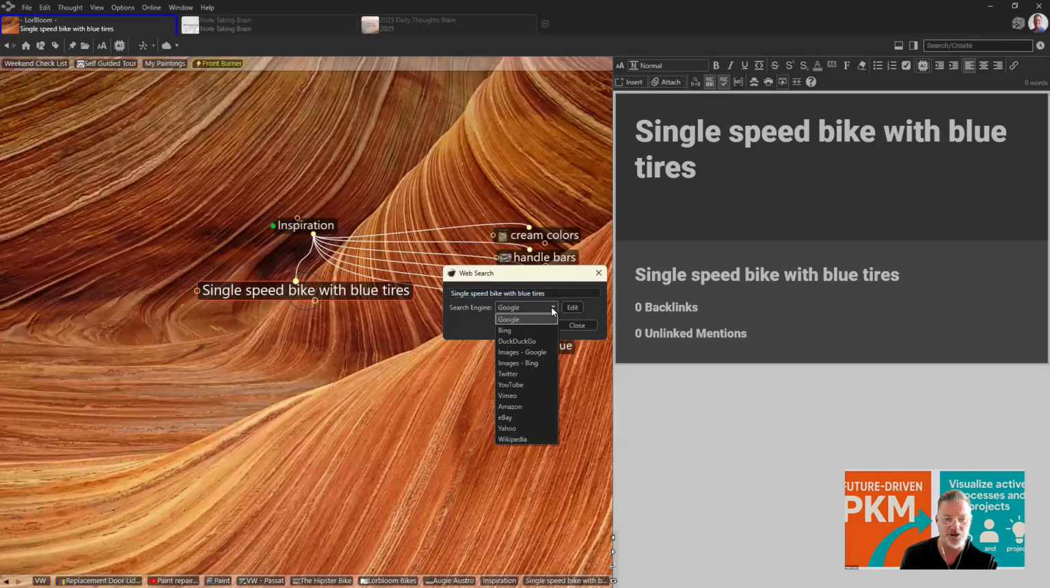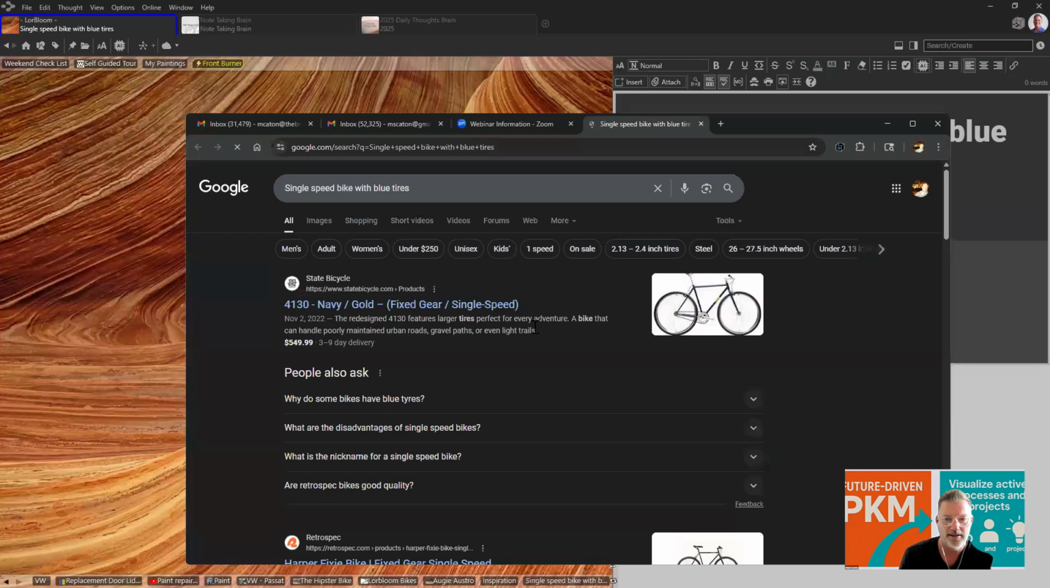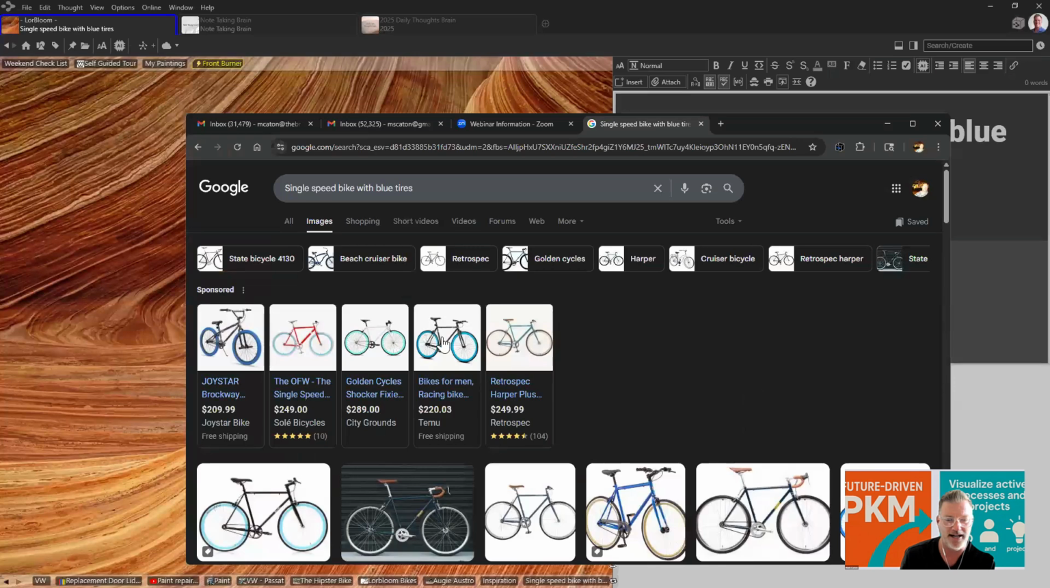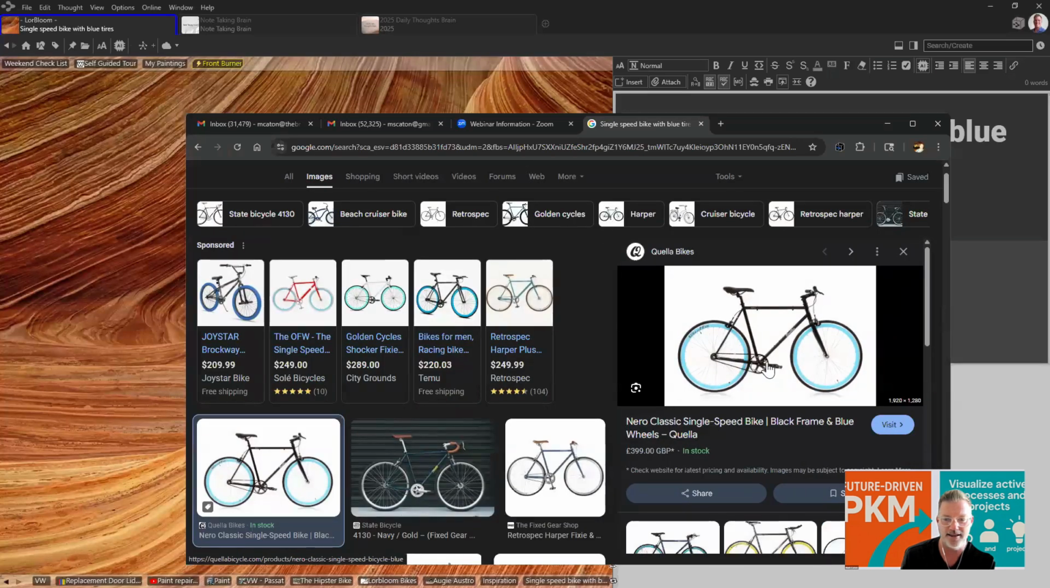And you can see I can search through Google, Bing, and so forth. I can even edit this list and add my own search capabilities. I'll search Google for a single speed bike with blue tires and go directly to images. And when I find an image I really like, let's say I like this one,